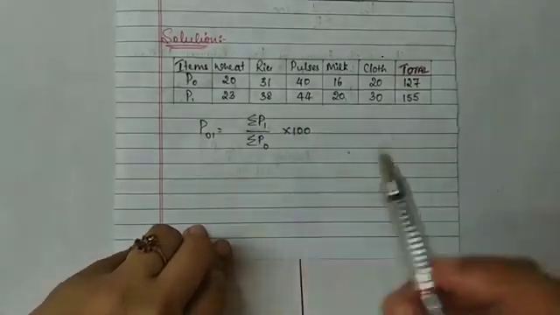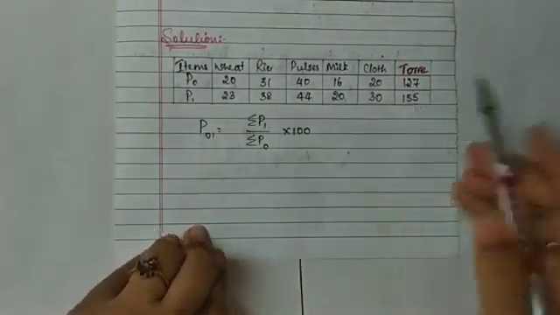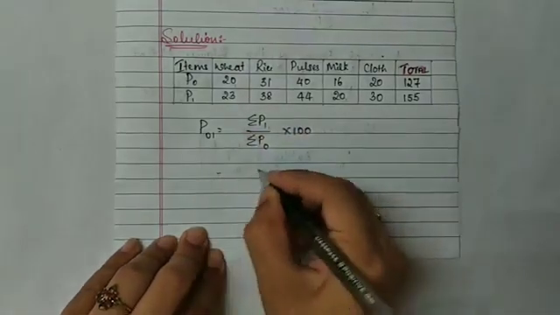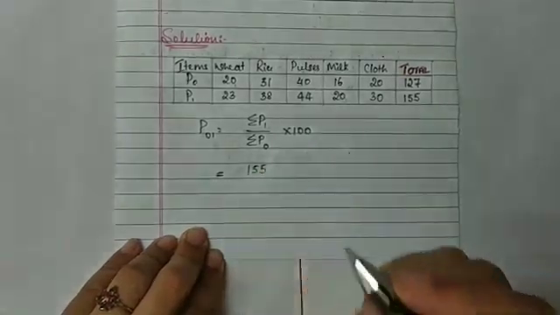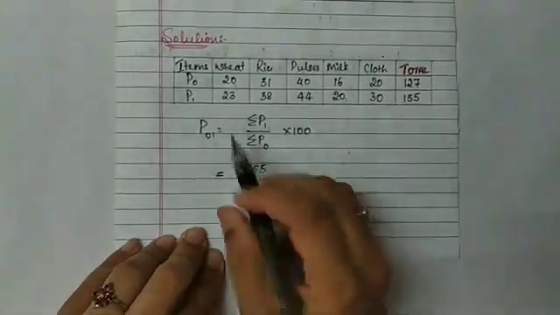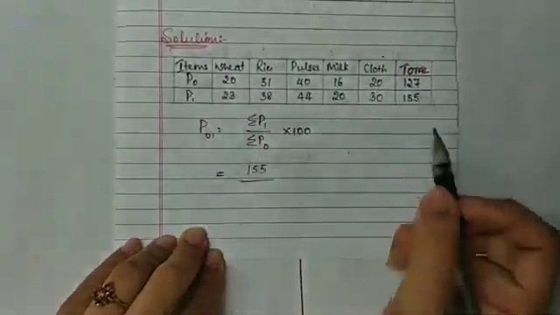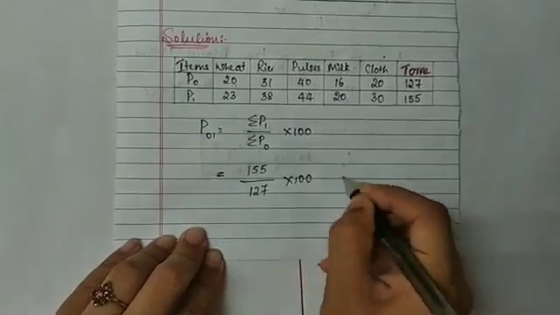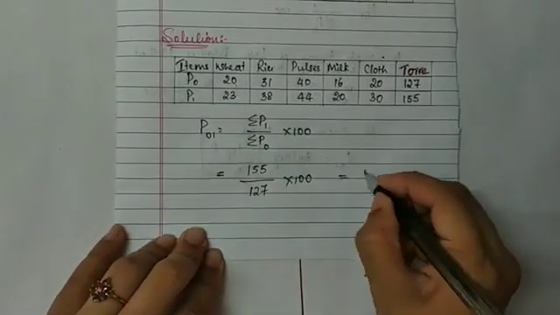Summation P1, that is the total of P1, is 155. So 155 divided by summation P0, the total of P0, which is 127, multiplied by 100, and the answer is